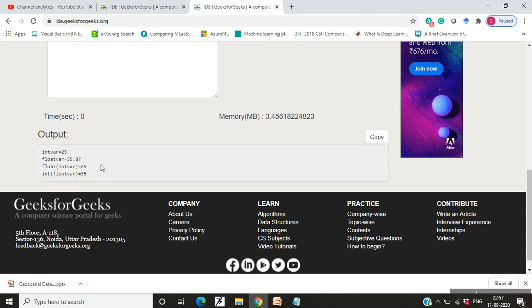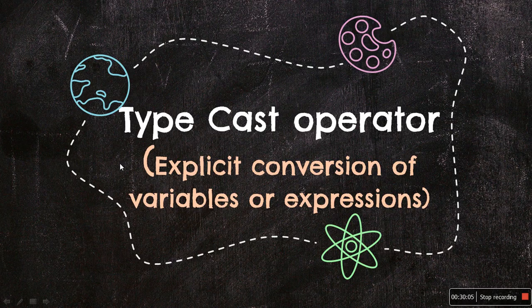You can use this in converting expressions also, like suppose you have to calculate some average, then you use sum of something divided by total number of items. So you can convert it into float and then perform the operation. A type name behaves as if it is a function for converting values to a designated type, and the function call notation usually leads to the simplest expression. However, it can be used only if the type is an identifier. So this is how the typecast operator can be used for explicit conversion of variables or expressions.